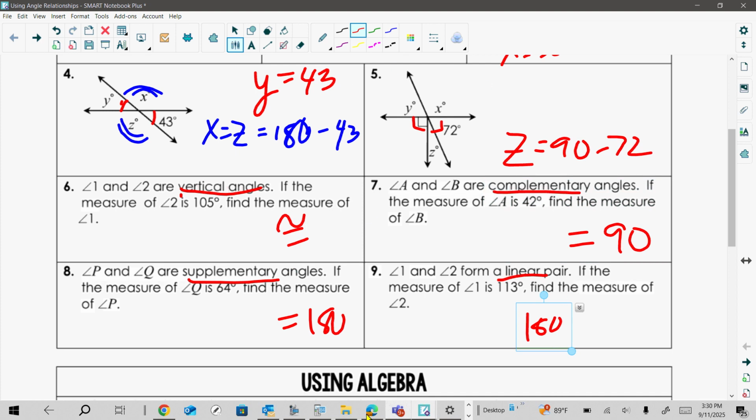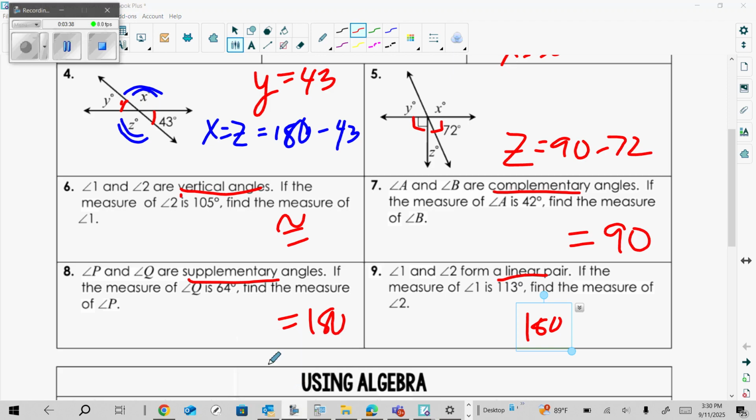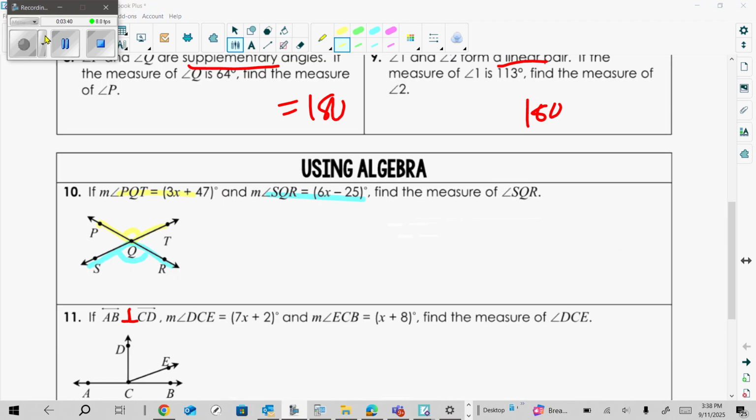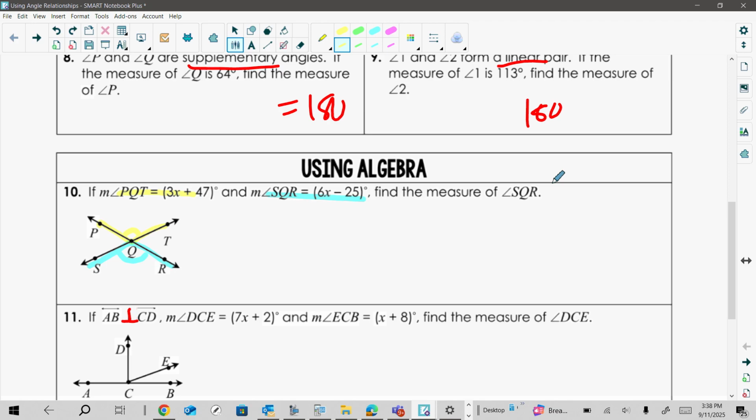All right, so that takes care of the first half. Then we get into algebra. All right, so for this section, we're now using algebra. So you still have to identify the angle pair,